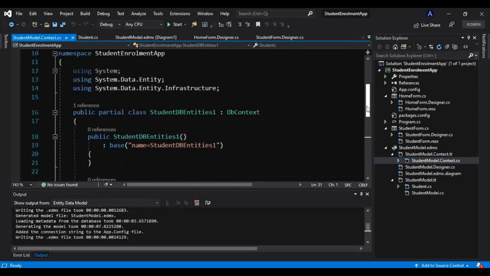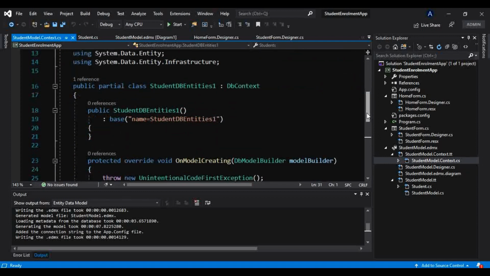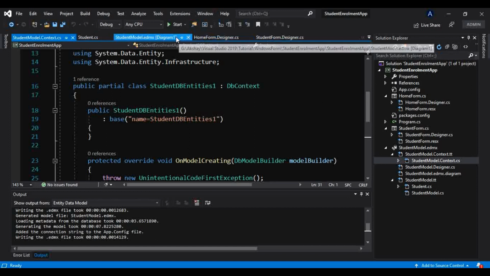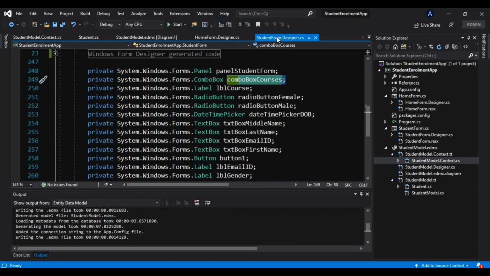we have generated this database connection here. Now we have to use this database to store the information of a student and to fetch that information back from the database, and we will show it on one of the forms. Before that, let's try to store one student into the database. For that, we have this student form here, which is the designer file.